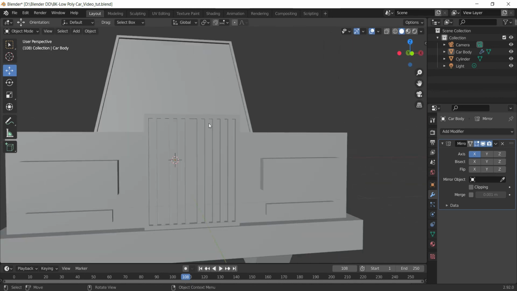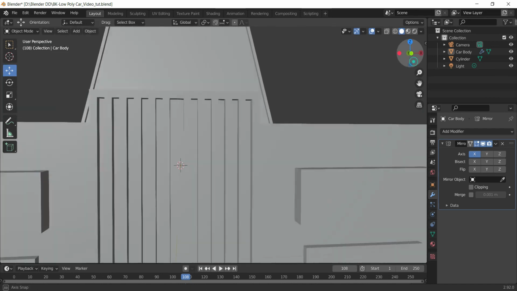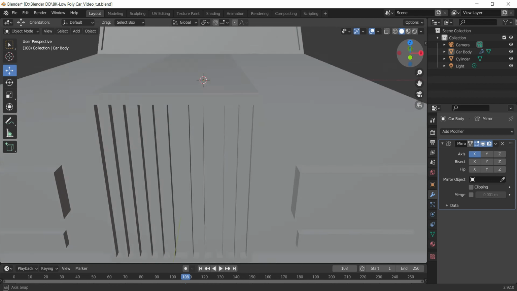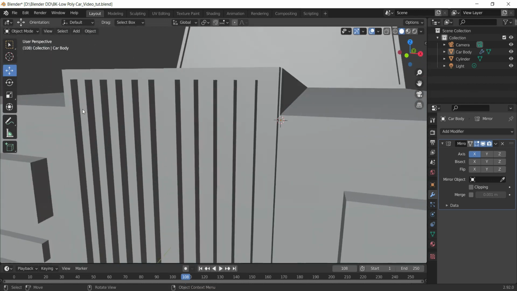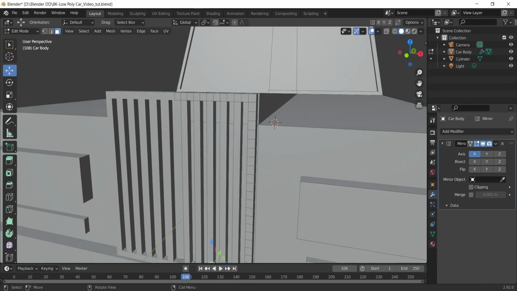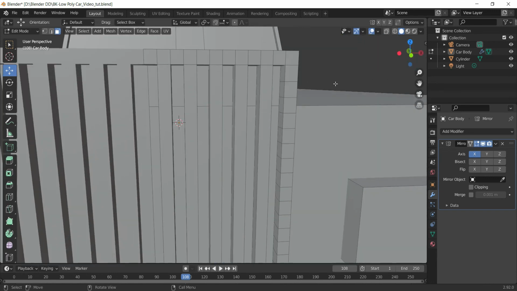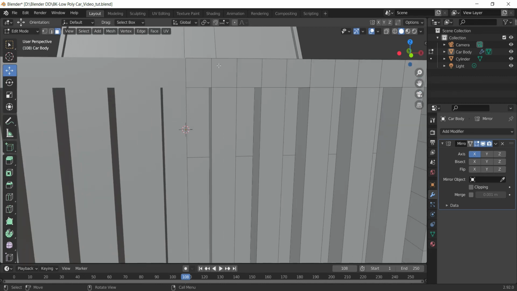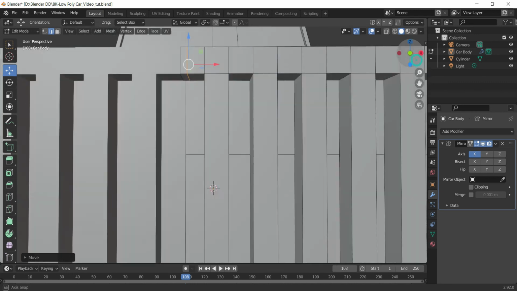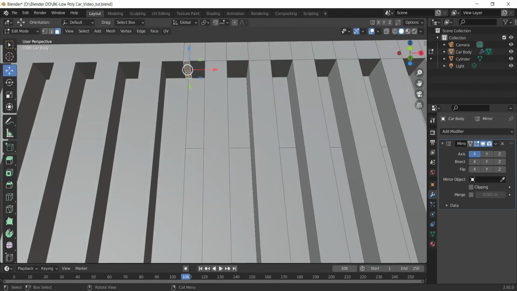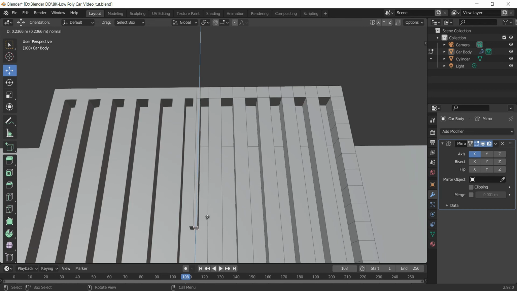So maybe, but the only problem is that at the center there is a gap difference. So let's fix this. What we can do, I'll add one loop cut over here and place it into the center, maybe around here. Then in face mode, select this face and extrude it like this.